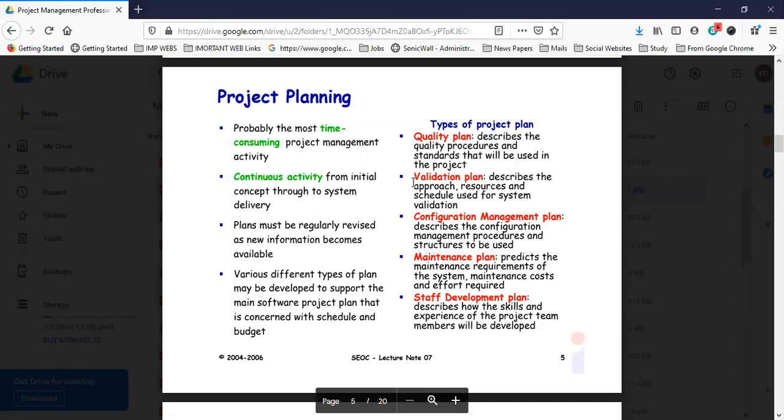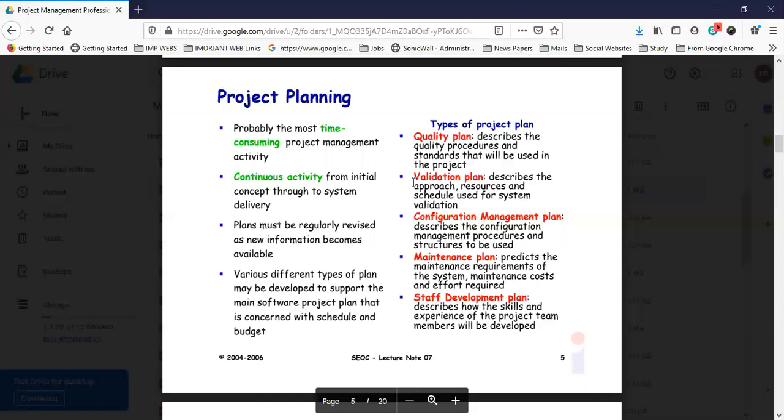Suppose you had a plan to do these sorts of things, and as circumstances change, the environment and the conditions will change. So you have to revise your plan again,